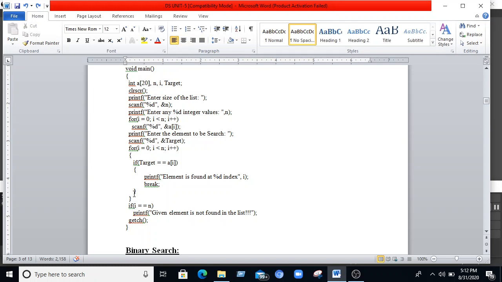If it is equal to a[i], then we break out of the loop. If it is not equal to a[i], then the loop is repeated. After the loop, if i equals the size, then we print that the given element is not found in the list.